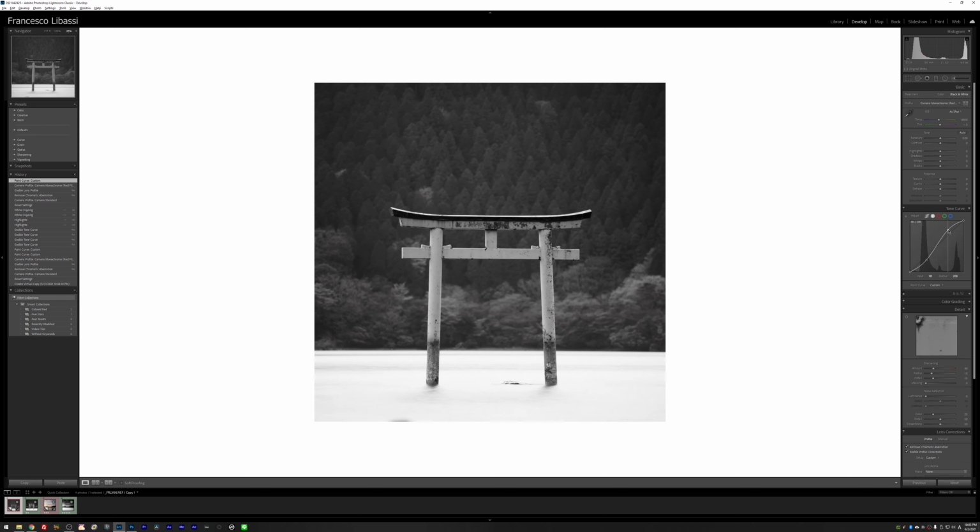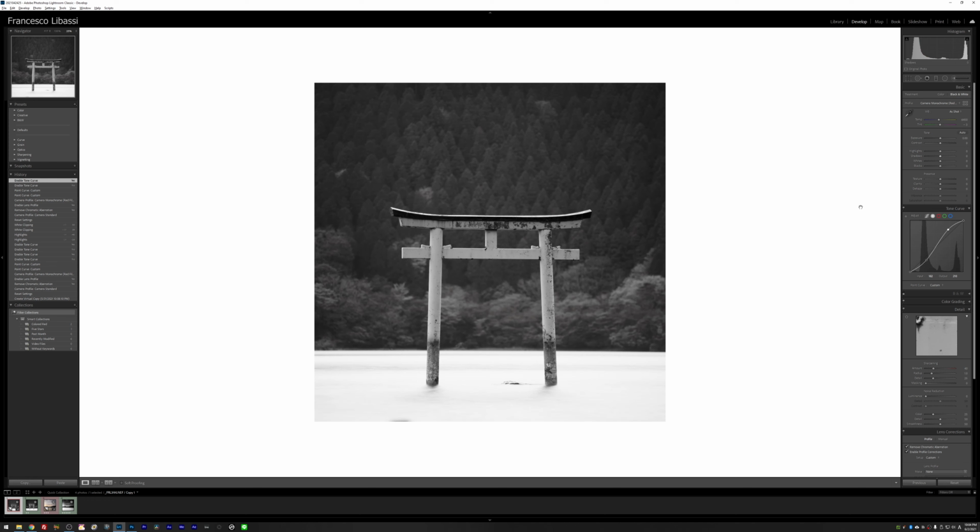I don't want to go too much, not to make it look unnatural by doing something like this, you know. So maybe something around this point. Okay, so just a simple S-curve, but really helpful to get contrast. By doing this, as you can see here, the water is getting a little too bright and a little washed out.